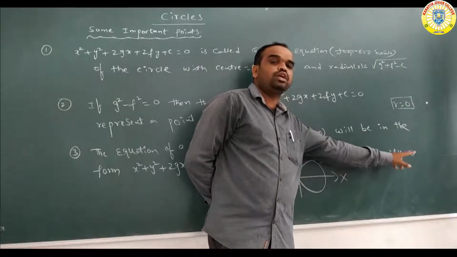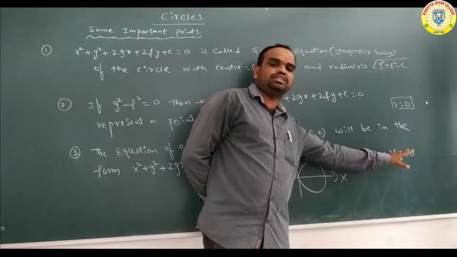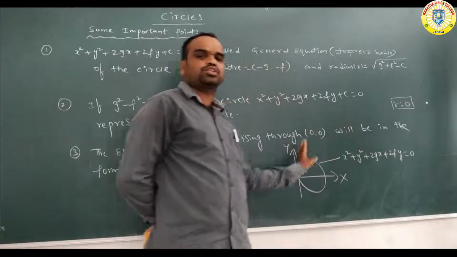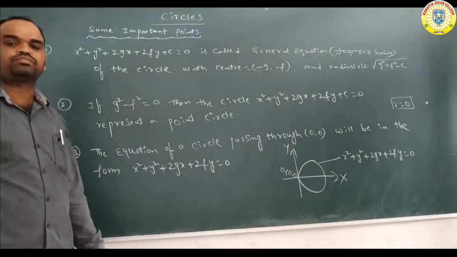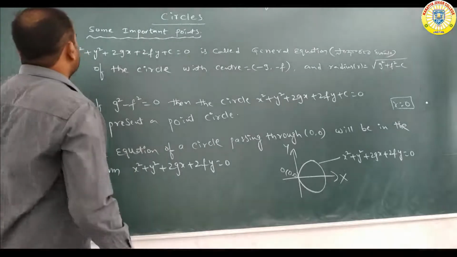There is no constant value, c is not there, then the circle must and should pass through the origin. Okay, now next